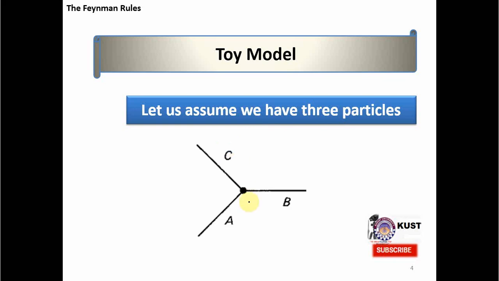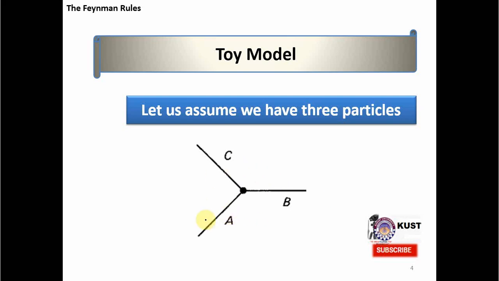And if we draw their Feynman diagram to the lowest order, remember that Feynman diagrams are order by order. So, we can have a lowest order where there is only one vertex involved, and then we can have higher orders, that is the second order where 2 vertices are involved, and then third order diagrams where 3 vertices are involved, and so on. So, then we have to calculate the contributions from all these diagrams and add them up to calculate the final transition rate.